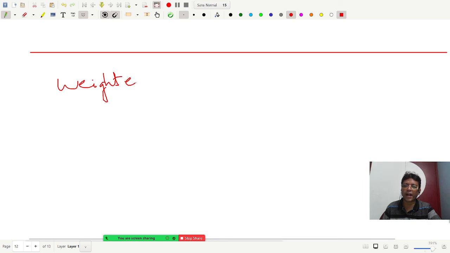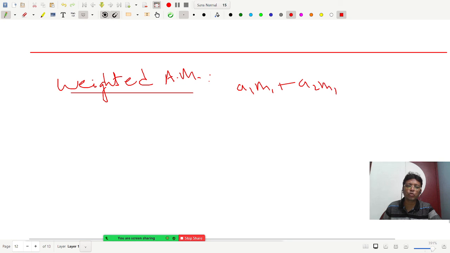Some frequencies are attached. Weighted AM is basically, suppose you have n numbers A1, A2, ..., An, and they have weights M1, M2, ..., Mn. Their weighted AM will be (A1 M1 plus A2 M2, etc., plus An Mn) over